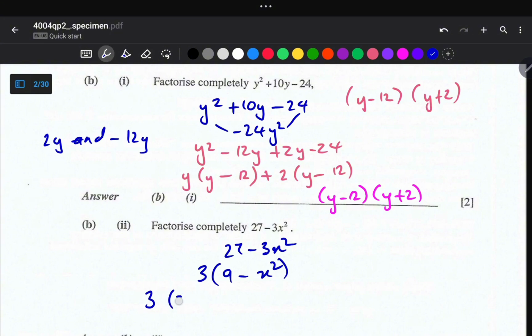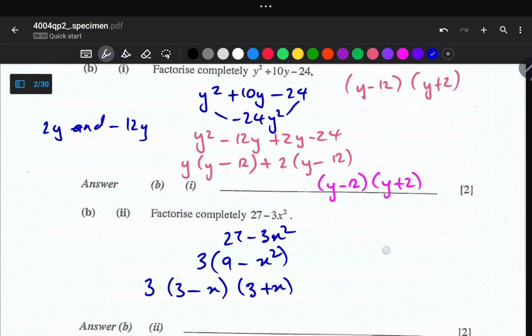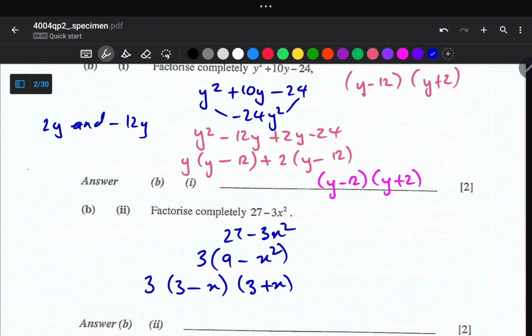So it's 3 multiplied by 3 minus x multiplied by 3 plus x. The first thing we needed to do was to factor out 3, and then you can see that here we have a difference of 2 squares, and then we factorize further using the difference of 2 squares method. So our final answer is 3 multiplied by 3 minus x multiplied by 3 plus x. Okay,